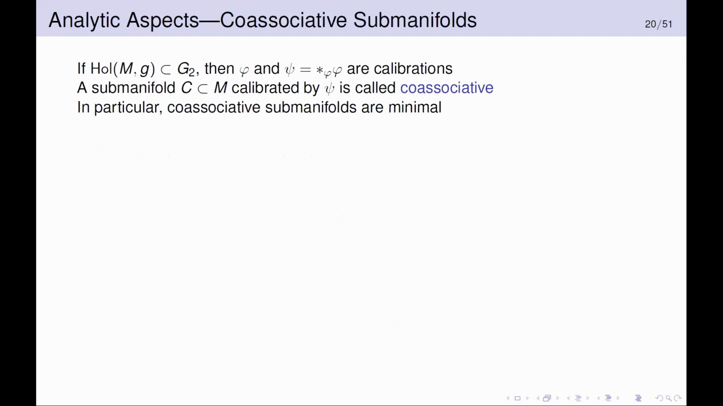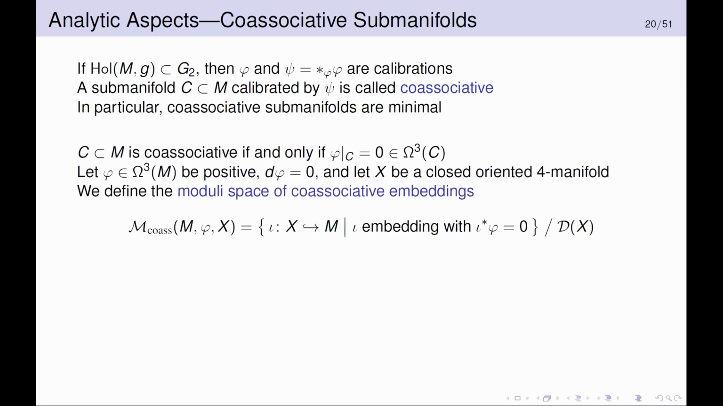Let's start with the easier case. We take the Hodge star of the three-form phi, that was called psi, it's a 4-form, and phi and psi are both calibrations. And we consider submanifolds calibrated by psi, and they are called coassociative. For whatever reason, it's kind of complementary to associative, and I'll give the reason for associative on the next slide. But coassociatives are easier. One other condition: a submanifold is coassociative if and only if the three-form restricts to 0